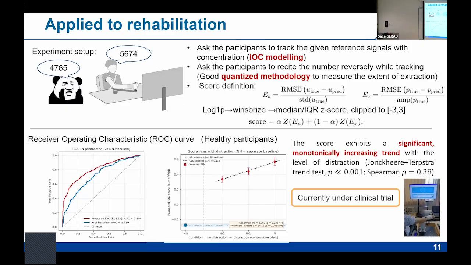On the other hand, we also show that the score has a positive correspondence with respect to the number of digits. N is the number of digits when there are no distractions. For example, we let each patient recite until there is 85% accuracy; otherwise, we minus 1 digit, minus 2 digits. You can see that it has a positive relationship. They are kind of linearly correlated in a way.